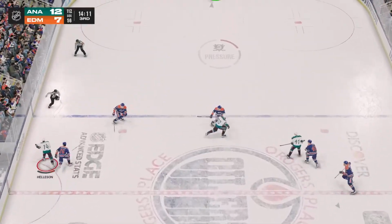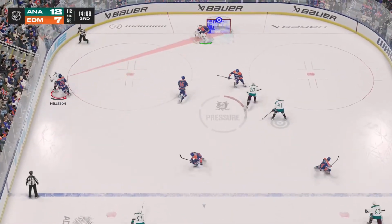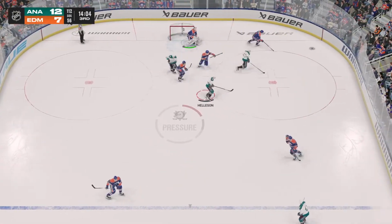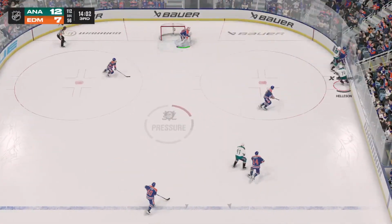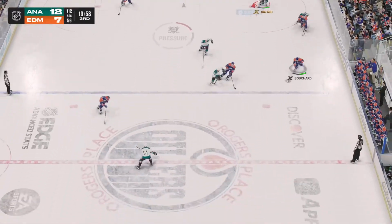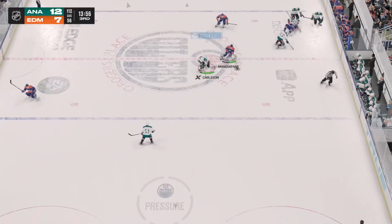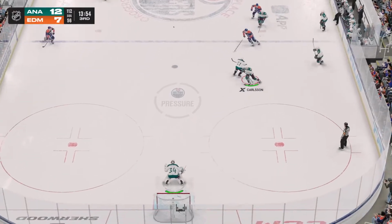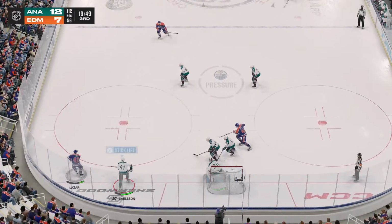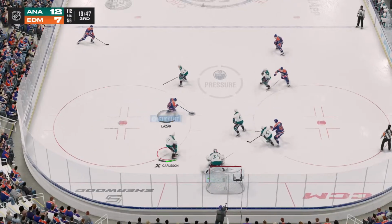Anaheim's in transition. Just a little too much contact and couldn't hang on to the puck. Picked up along the boards by Bouchard. Edmonton's got the puck along the wall. There's a hit on the play. Anaheim's third line is really showing it tonight. They're feeling it, James, and this is really critical. When you look down your lineup and you know that you've got kind of...